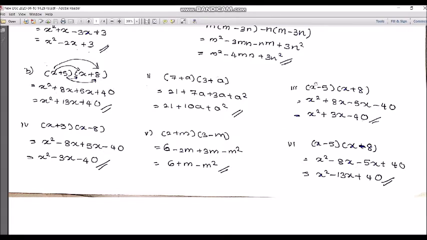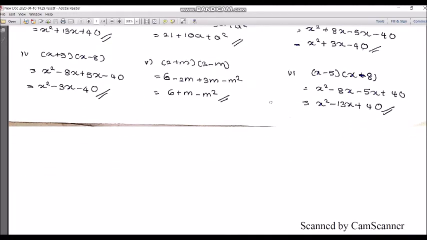So we get this value and then we can simplify it. So here in the third one we can see the same x into x, x into 8, but here minus 5 into x. So we get minus. And then minus 5 into 8 minus, and then when we do the simplification we get some expression which is different from the first one, but the only difference is the minus mark. So we can see how this plus minus is important, and when you're doing the calculation you have to keep that in mind. Okay,